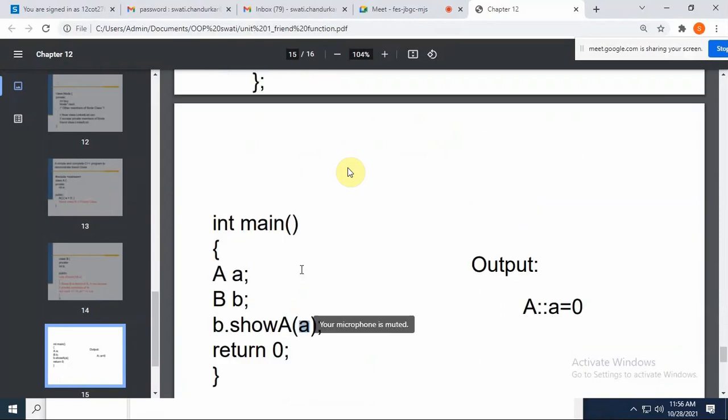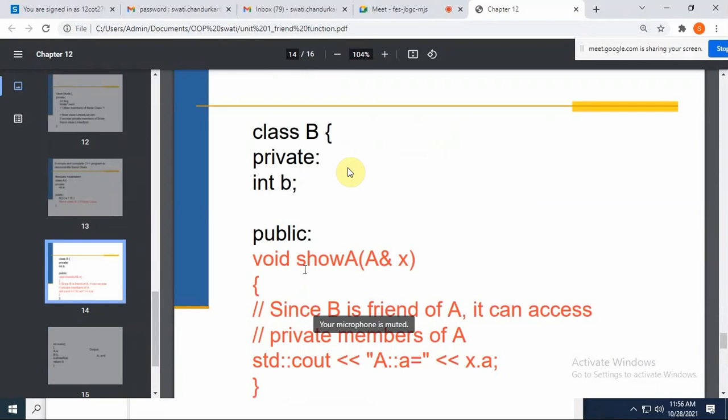Any doubt? I will demonstrate this also. Don't worry, you will understand it. This was a simple example I tried to tell you. What about a friend class? If you understood the definition, the concept, then you will get what I'm talking about. Yes, hello, are you all getting it?